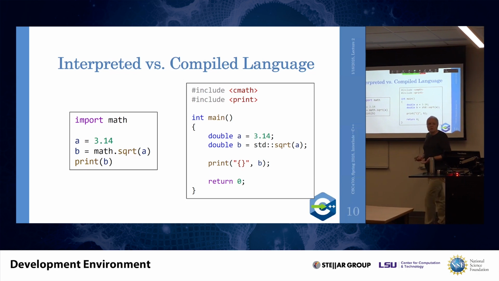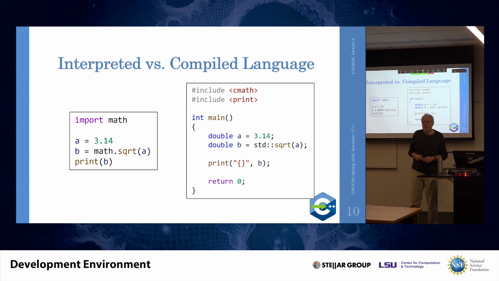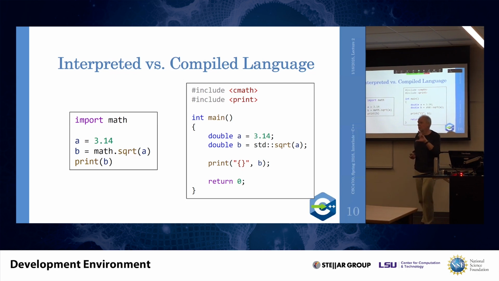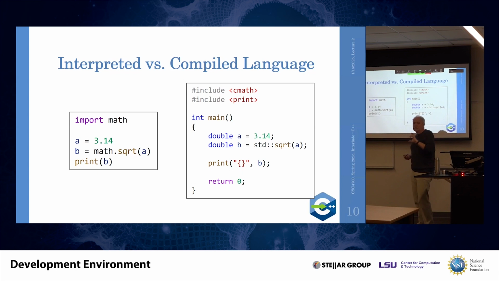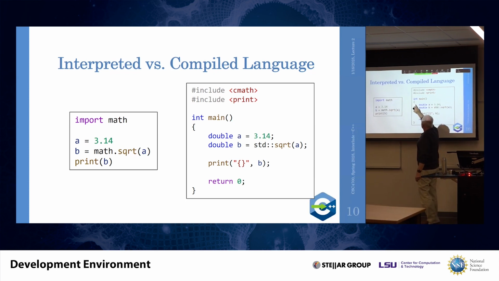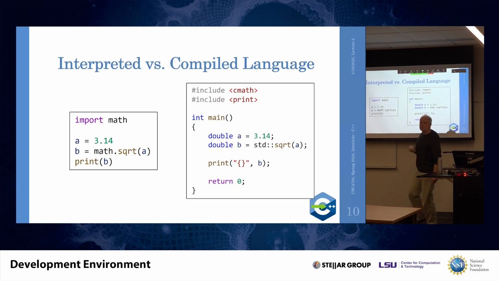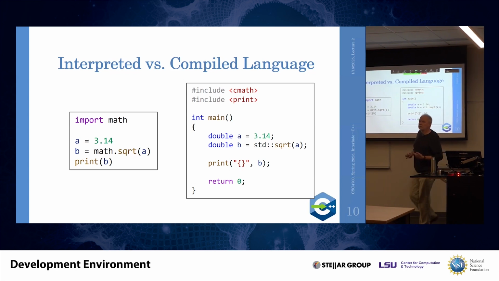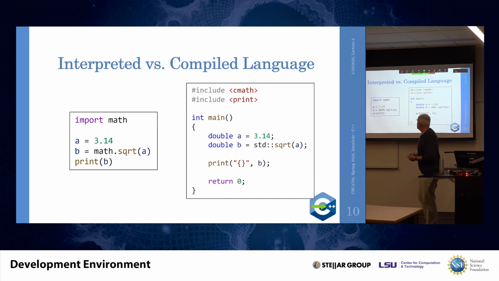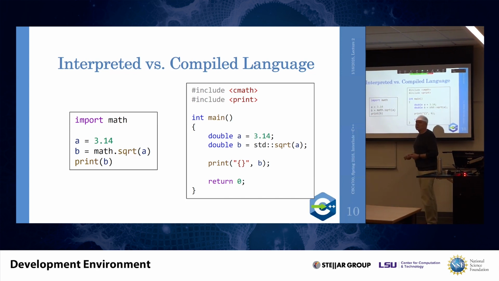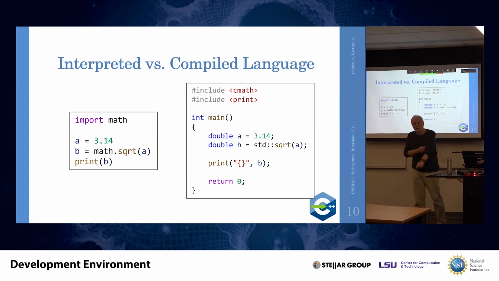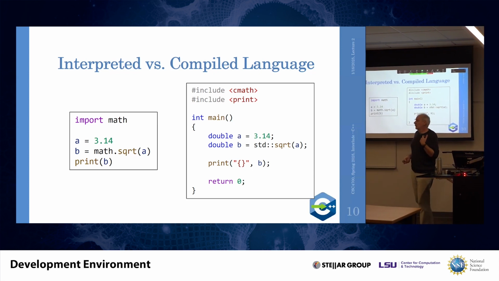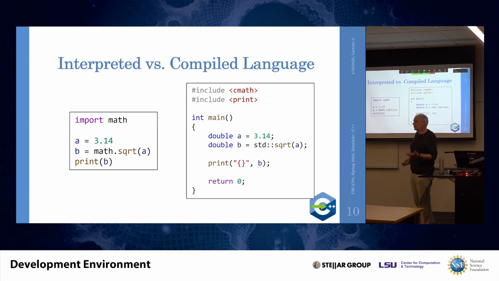Curly braces are very important in C++. Well, they look fancy, but they also are very important because they give you a scope. And scoping is one of the important features of C++ because scoping defines the lifetime of variables. In this case, the variables A and B live only until the code reaches the end of the scope they were defined in. Outside of that scope, variables A and B are not defined, not available, and can't be used for anything. You can put variables in the global scope, as we will see on next slides, and those variables live until the end of the program, until the program exits.